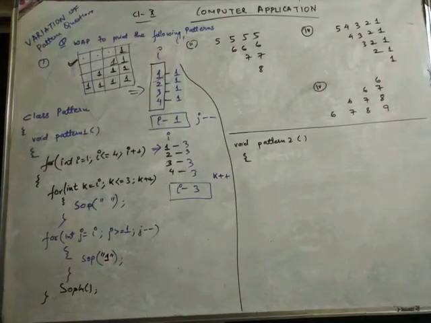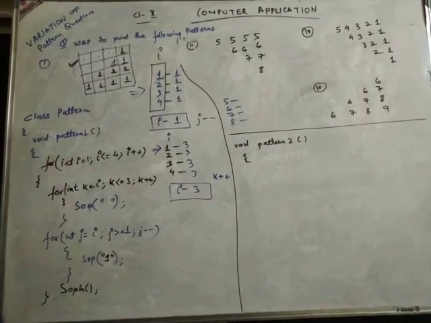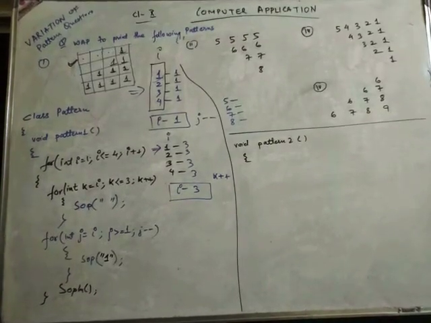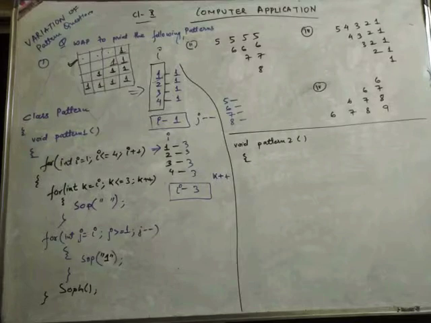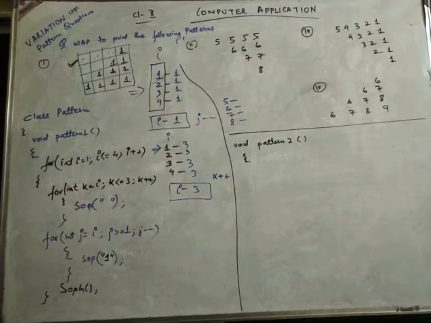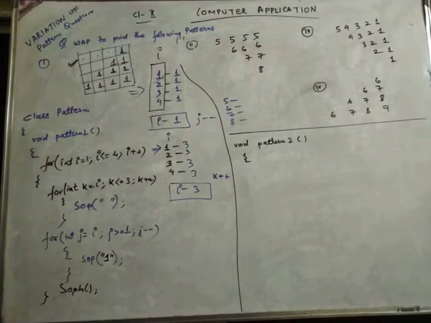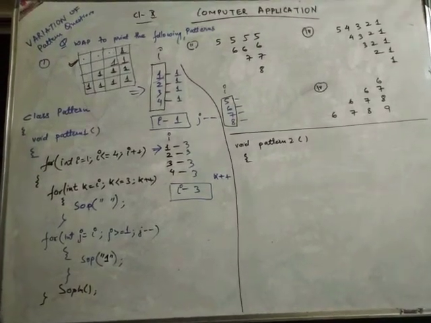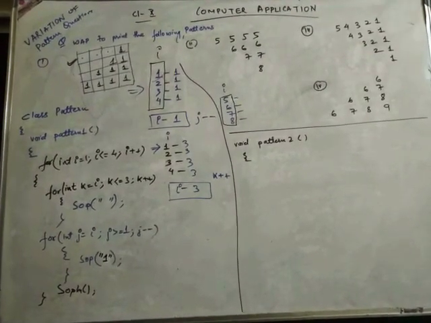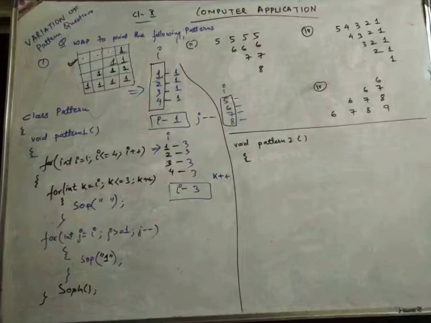So I have to write the values. In type 2 we have to see which value is repeated in each line. I have written 5, 6, 7 and 8 is repeated in each line. Now second, what will we be filling in the second column? The first column will denote I and we'll make the I loop. Now second, what we have to fill? We have to see the first line, how many values are there.